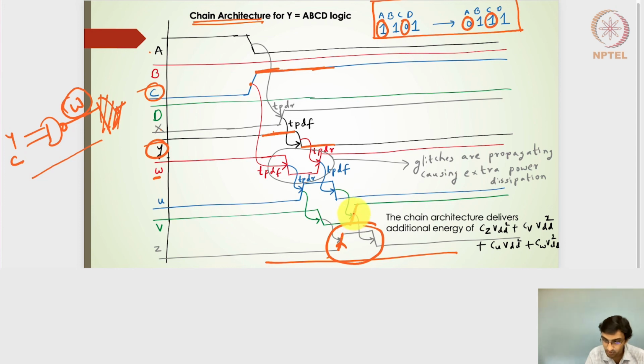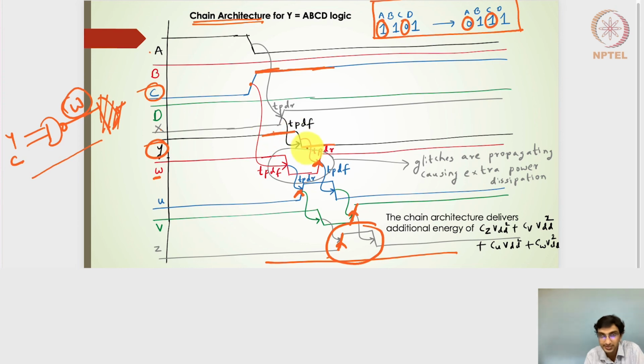Capacitance at the V output is going to get charged, the capacitance at the U output is going to get charged, and the capacitance at the W output is going to get charged. So the glitches add additional transitions which are not incorporated in our overall estimation of the activity factor. Remember that these glitches are coming not because of the logical functionalities of the gates, but